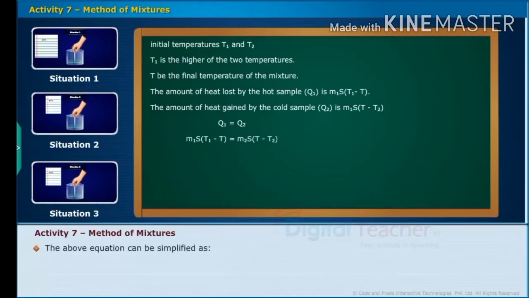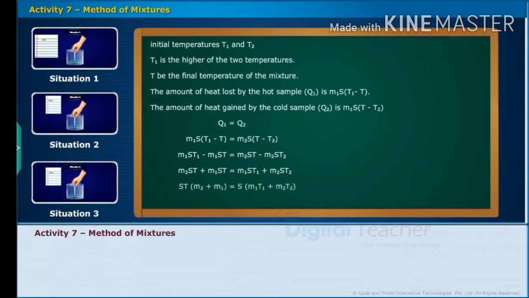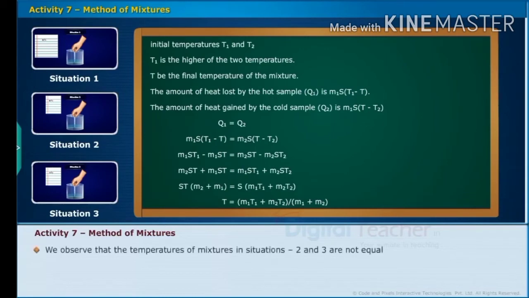The above equation can be simplified as m1 s T1 minus m1 s T is equal to m2 s T minus m2 s T2. m2 s T plus m1 s T is equal to m1 s T1 plus m2 s T2. s T into (m2 plus m1) is equal to s into (m1 T1 plus m2 T2). T is equal to (m1 T1 plus m2 T2) by (m1 plus m2). We observe that the temperatures of the mixtures in situations 2 and 3 are not equal. Let us learn about the reasons for